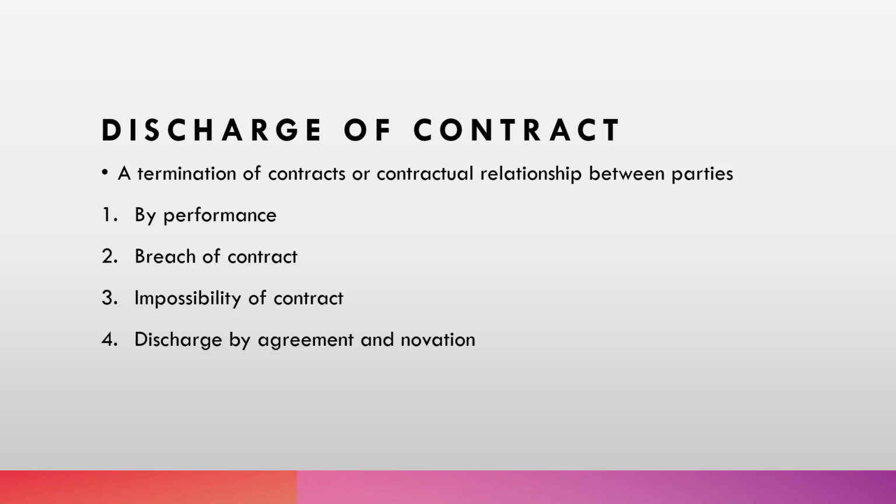For example, one person has to deliver some goods to another person, but at the time he is dead now, and because of his death, it is not going to happen. He is not going to perform his duty, so there is impossibility of contract